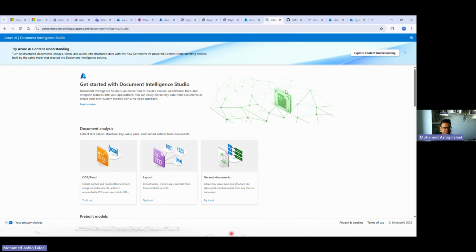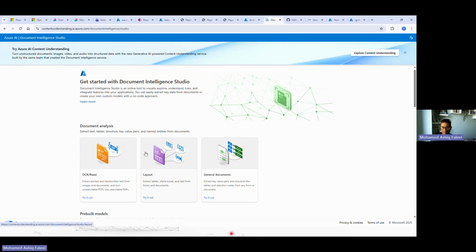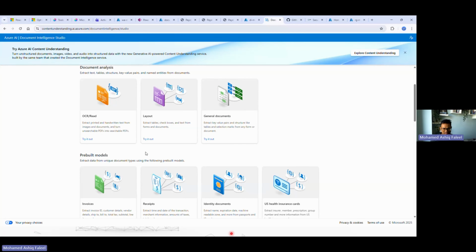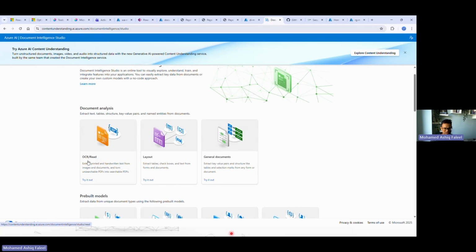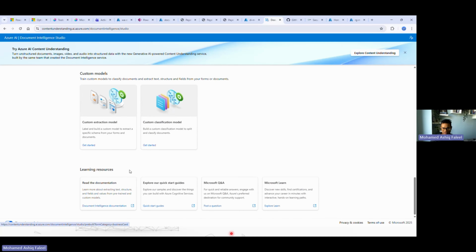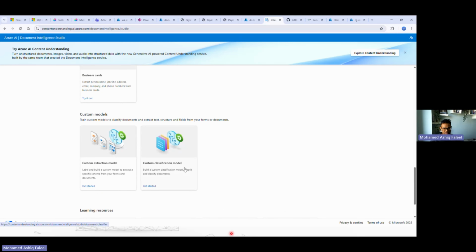When it comes to Document Intelligence, which is responsible for extracting content from a payslip using these OCR capabilities, I've used the pre-built models. So pre-built read is what I have used, the OCR read. But let's say you want to have a custom trained model,